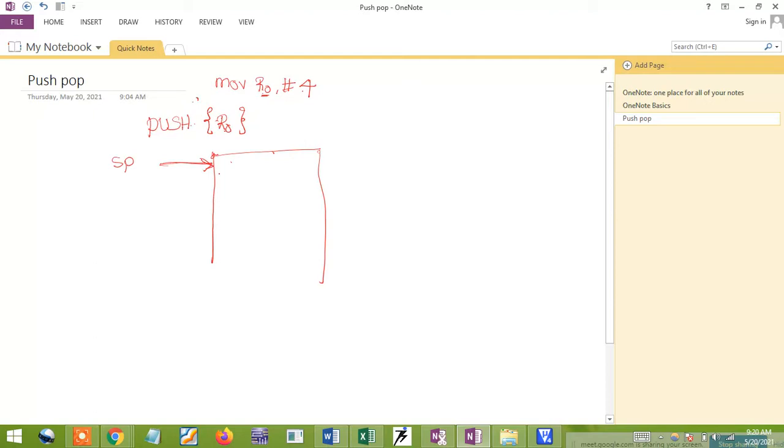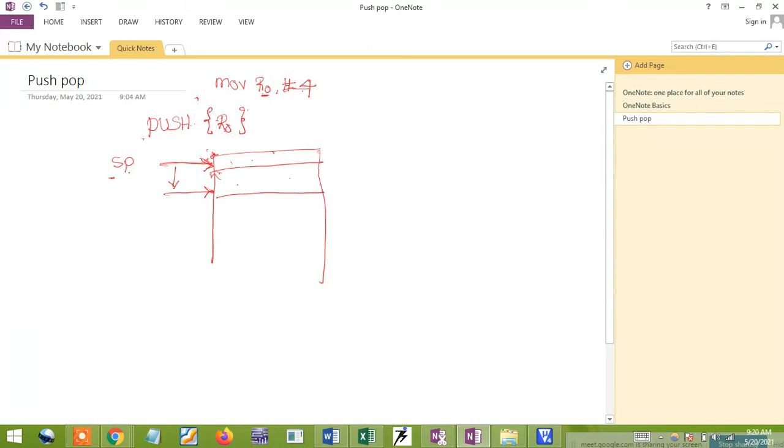Usually what will happen? My stack pointer always points to the top memory address, the highest memory address. So once push comes into existence, the stack pointer will be decremented first. For example, it will be decremented and point to this position, and whatever data is there in R0, that data will be copied here.